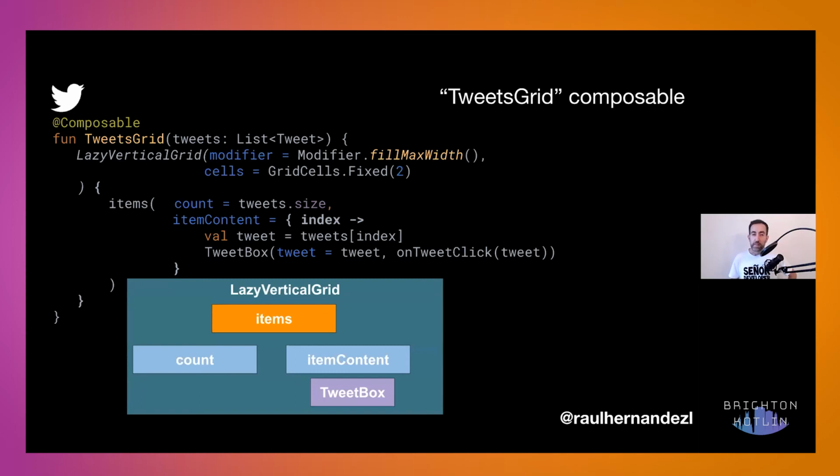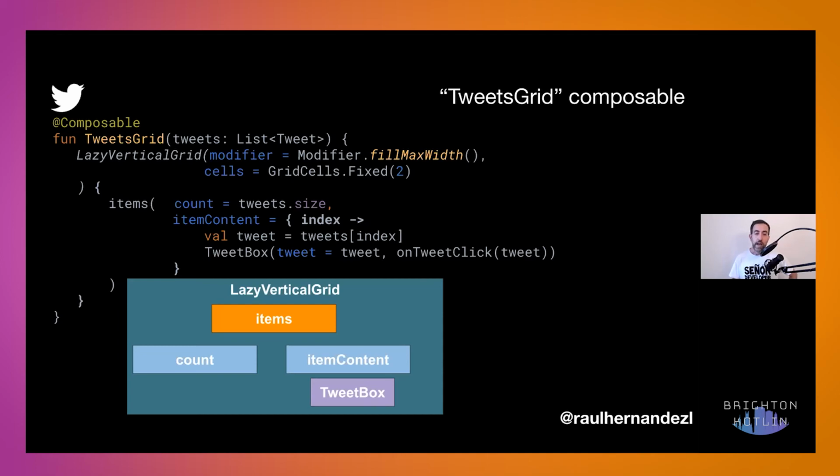This can also be adaptive, and it's not a stable version, so basically this will change in the future, but you can imagine a combination of cells and then a collection of items. The count is going to be the number of items, and the item content with the trailing lambda is going to contain the tweets that we get the index from, and then we pass, for this particular index that we are using right now, the tweet, and I will start creating the different items for every one of the cells.